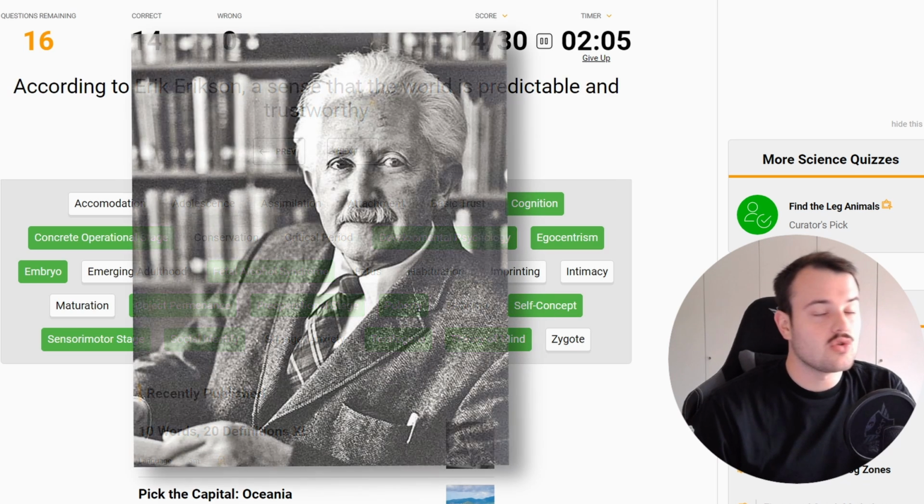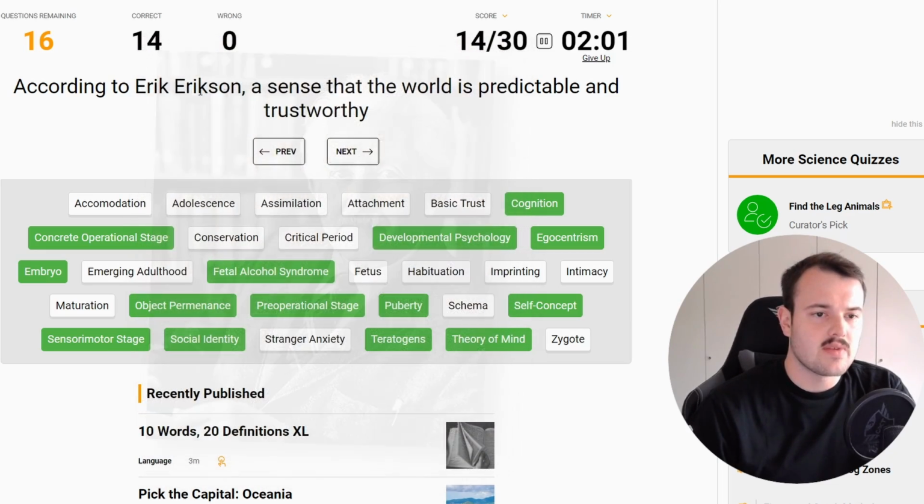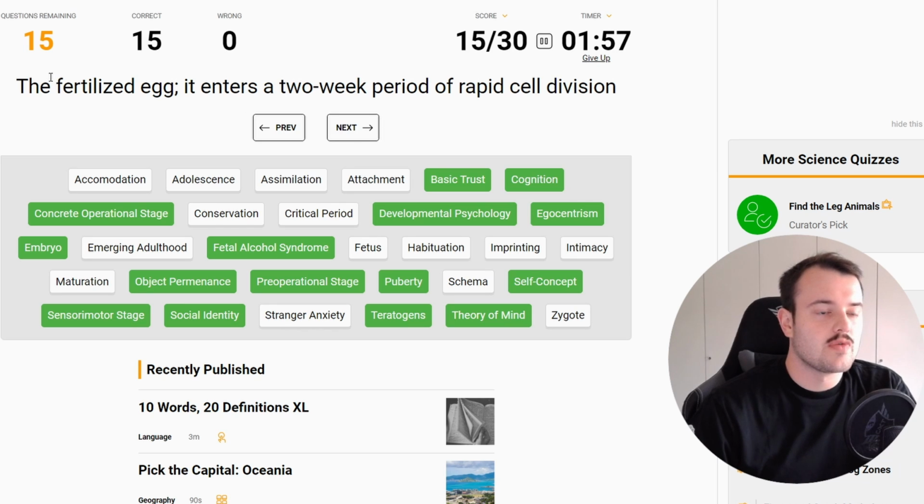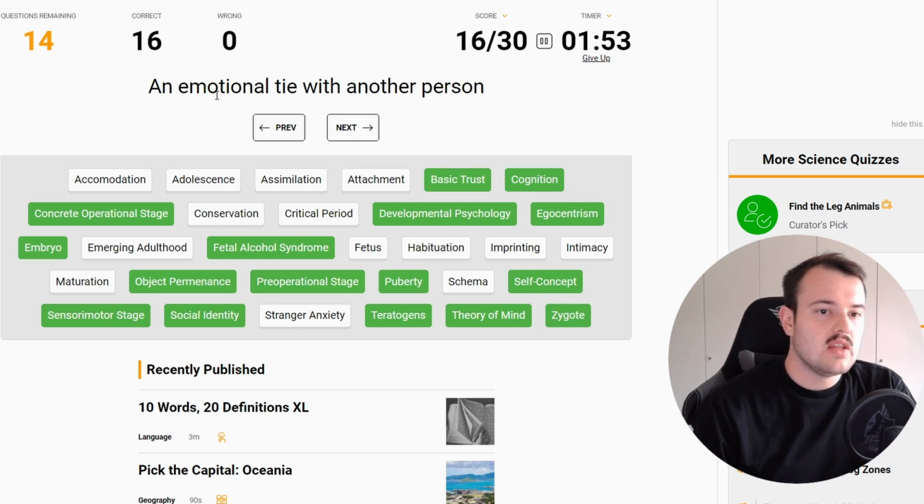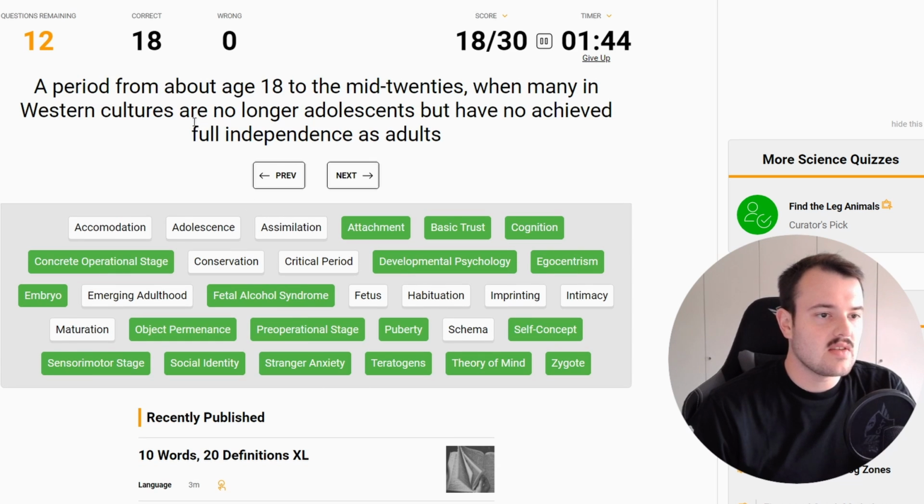According to Erikson, another guy with theories about development, also in stages, I believe. A sense that the world is predictable and trustworthy. That's going to be basic trust. Never heard of it, but the question can give it away. The fertilized egg, that's the zygote. An emotional tie with another person, that's attachment. The fear of strangers that infants commonly display, beginning by about 8 months of age, stranger anxiety,